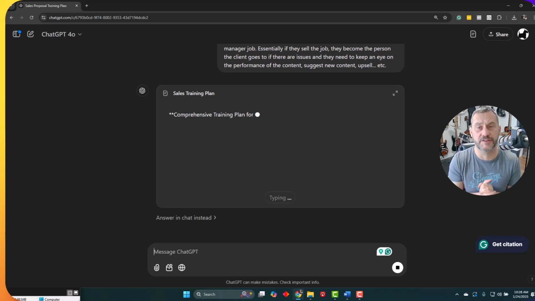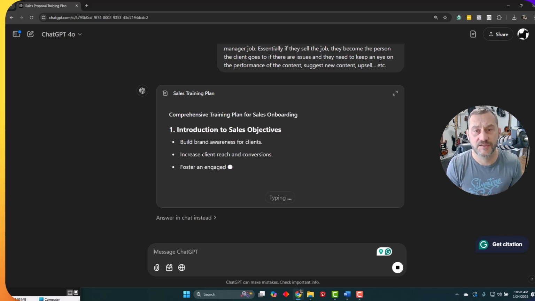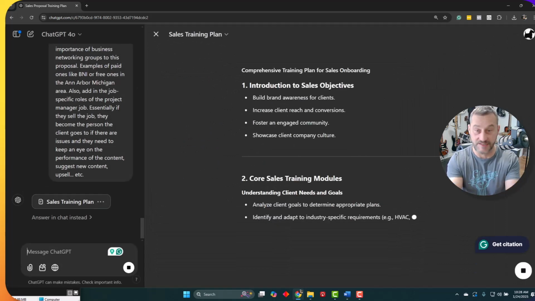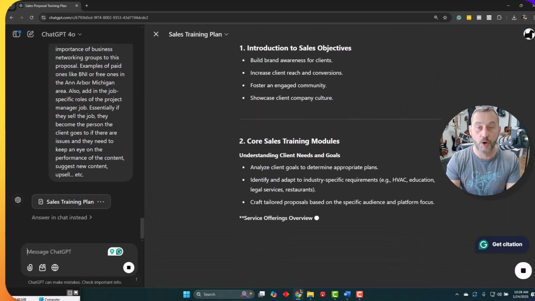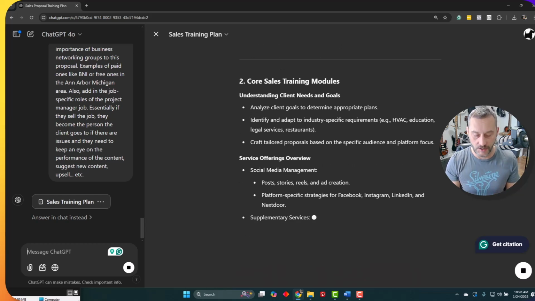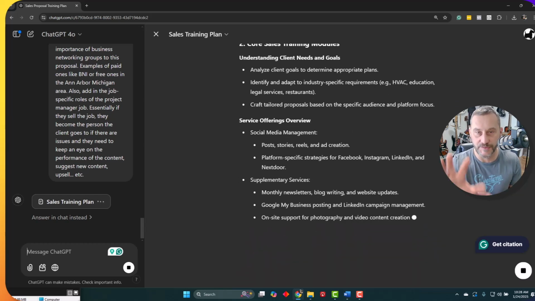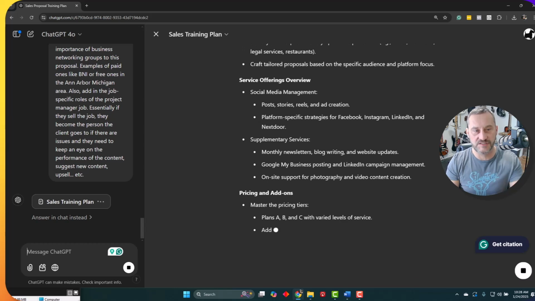So here's what's really cool. ChatGPT now has realized that we've got a back and forth document we're working on, so it's actually swapped us on its own accord. I haven't pressed a thing over to a Canvas setup. So a Canvas, what this is, it's building a document on the right while I'm still giving it prompts on